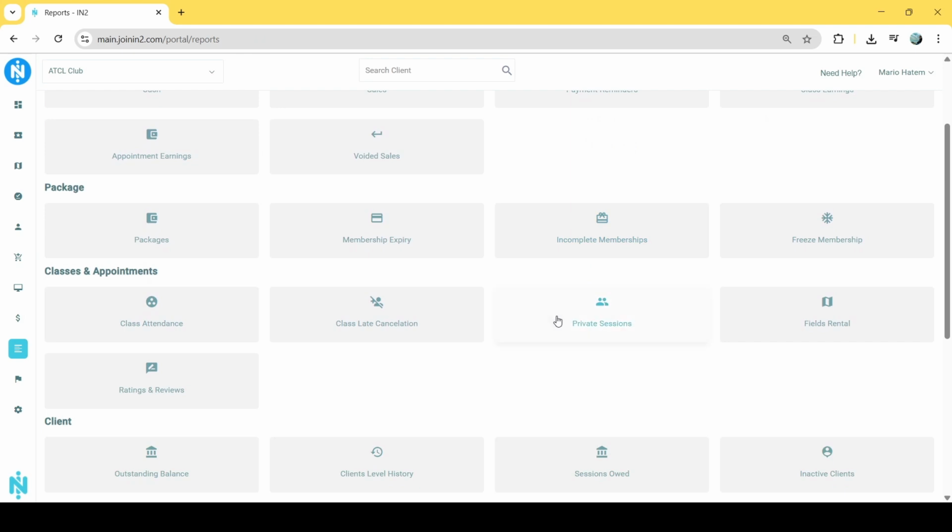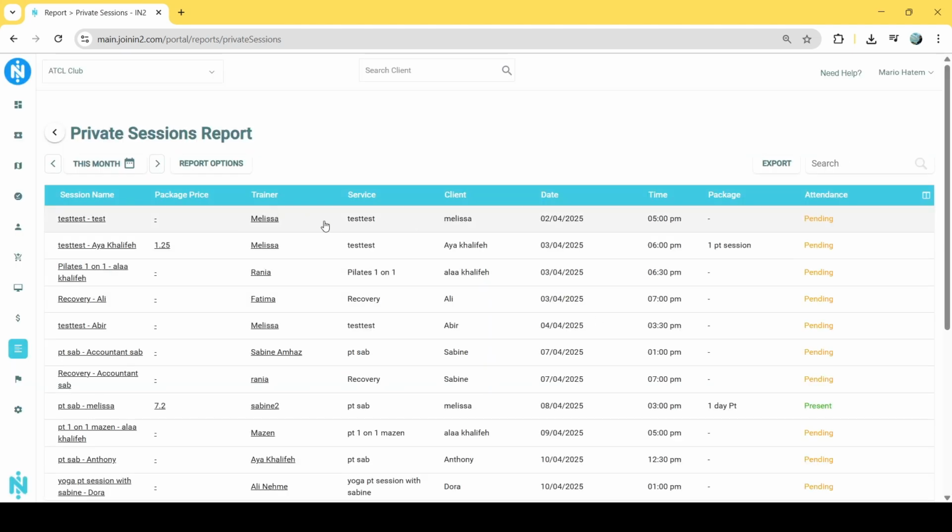The third report we have available is private sessions. The private session report is similar to the class attendance, however, it's mostly dedicated to provide us information about our private session status. That means it will provide us the session name, if there is a package with that client, the price to it, the trainer, the service, the client name, the date, the time of that session, what is